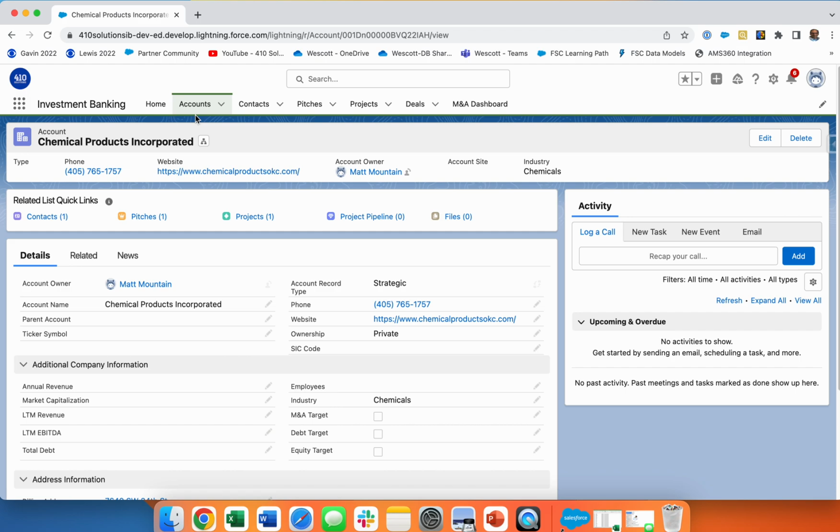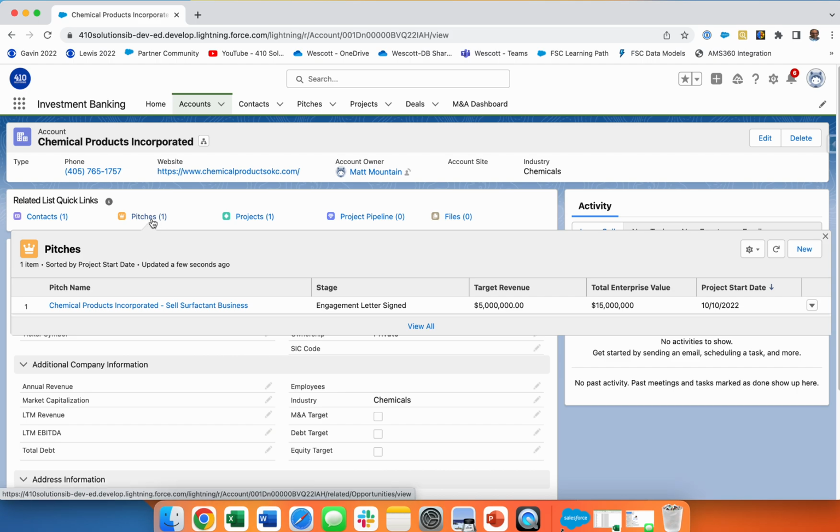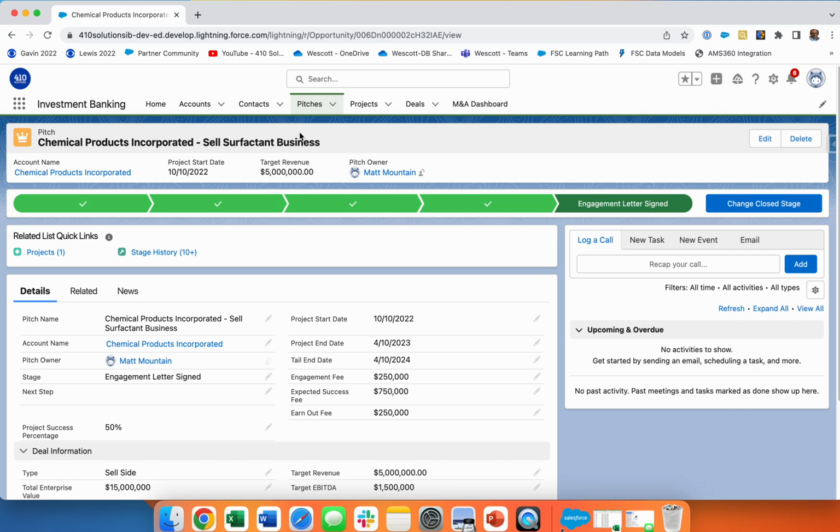Every CRM does it. What we want to move on to now is what's called pitches, and this is where you're pitching your business. So I'm going to click on this link here, and now we're on the Pitches tab. And what we're doing here is we're able to track information about each pitch presentation that we're doing. So as we're talking to them, we're going to want to update, okay, when would this start?